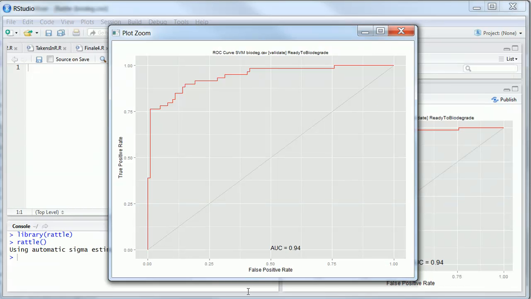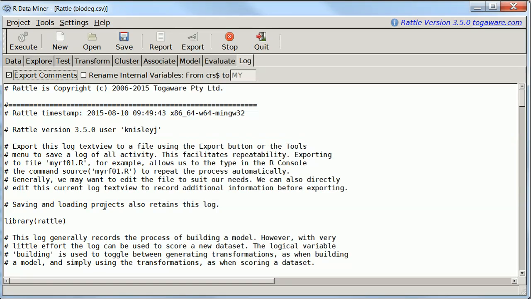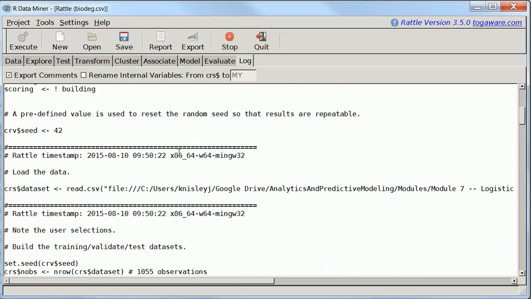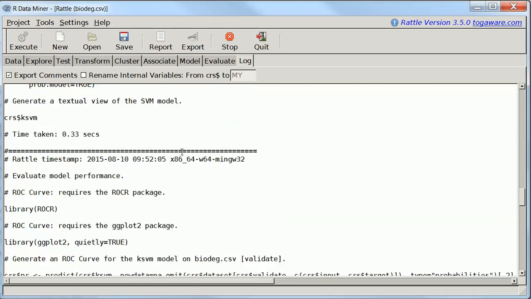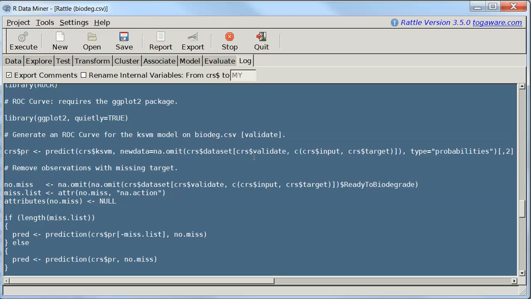Now let me go back to Rattle. Really nice feature that I'd like to show you, and that is the log over here. This is all the R code, and there are a lot of comments in here. Notice we're repeating the library Rattle, and you can actually run this as an R script. So you could take all of this, select all and copy, and you could go say to RStudio,